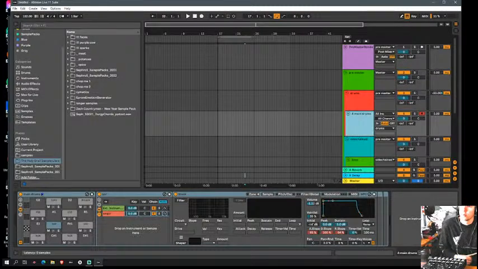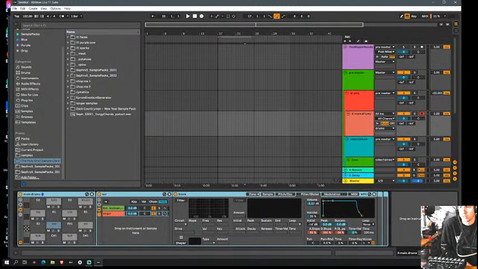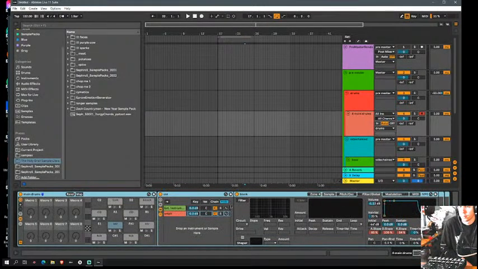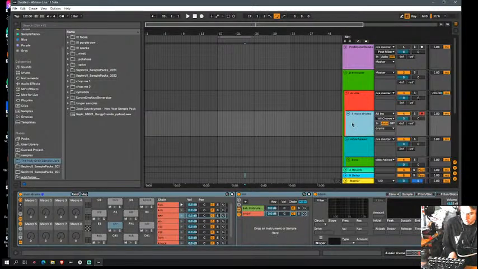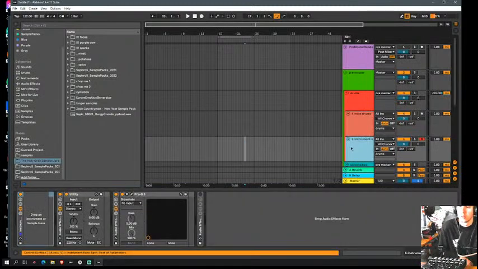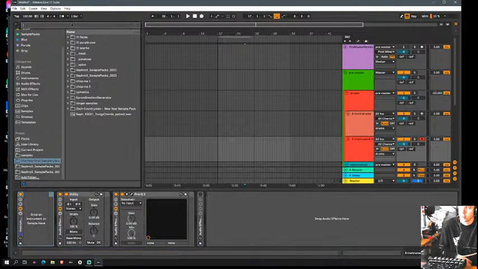So here I'm using one of my favorite Ableton instruments, the drum rack, complete with its own macros, and these are just some simple drums. So I think I might just make some, like a drum loop, and I think